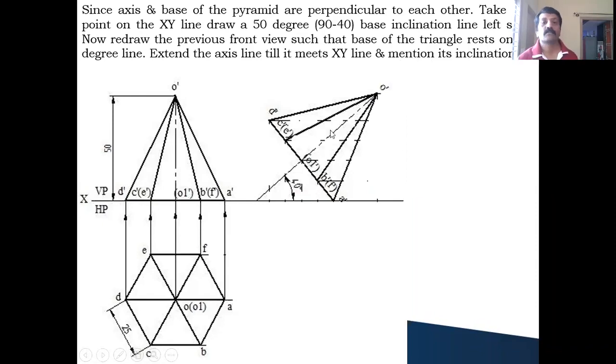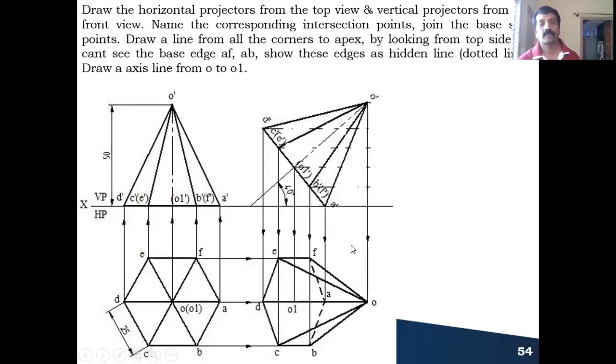Now after this, you extend this axis till it cuts the XY line and write the axis inclination, because the axis inclination we have to represent. So this completes your front view. So what you have done is you have redrawn the entire front view such that the base of this front view comes on this 50-degree line, the base inclination whatever I have taken. After this you draw the top view by drawing vertical projectors from all the points like this, one by one,